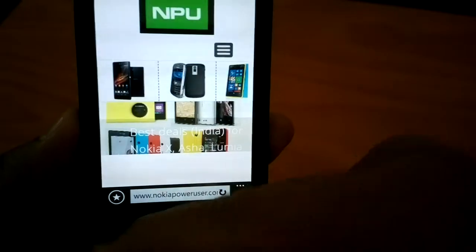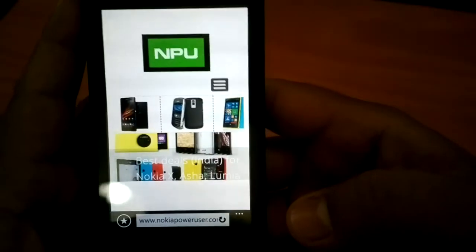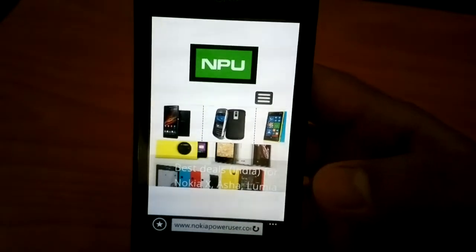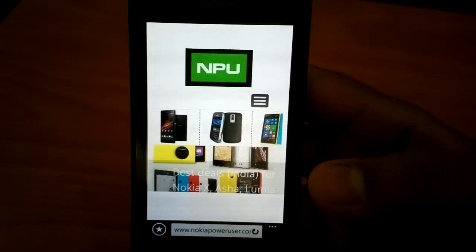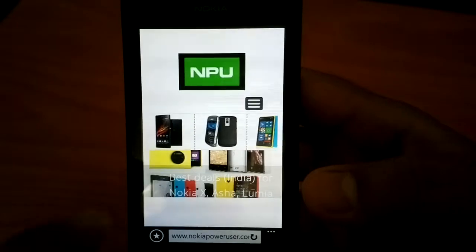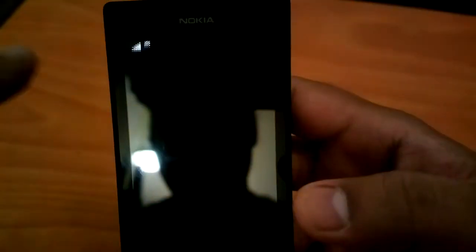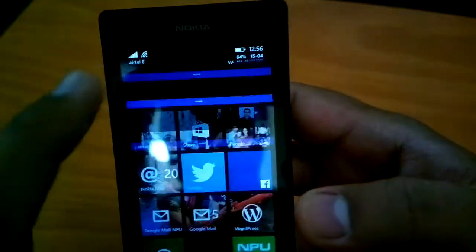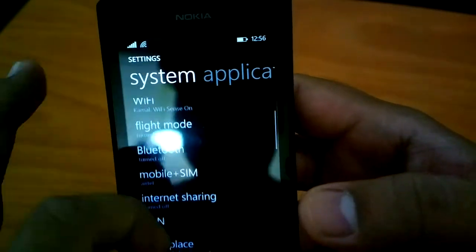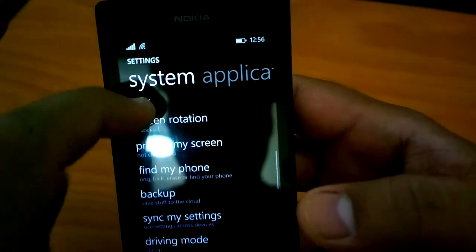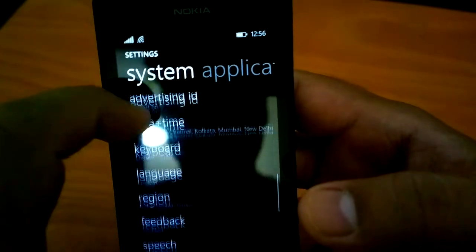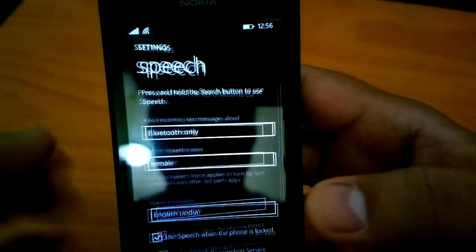Okay. One more setting that I would like you to know about is, there are some web pages which don't allow themselves to zoom in or zoom out. But here, by going to settings, ease of access, you can set that you can actually zoom in or zoom out every web page or all the web pages that you visit.